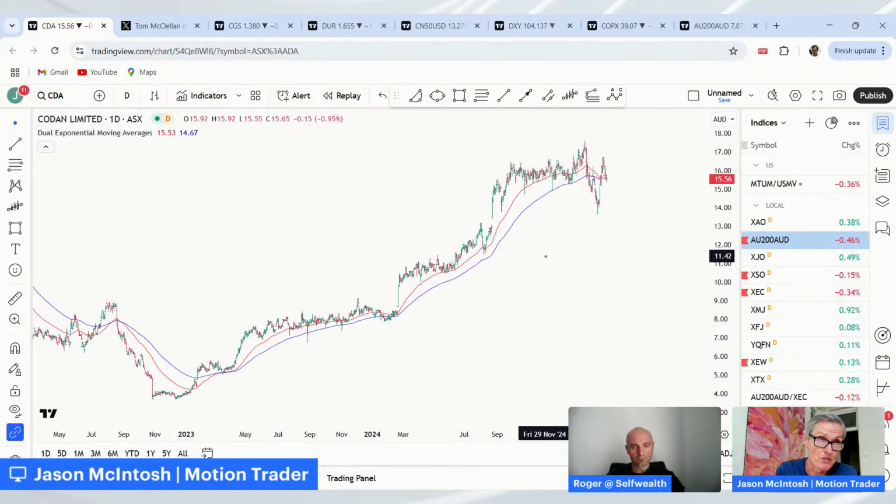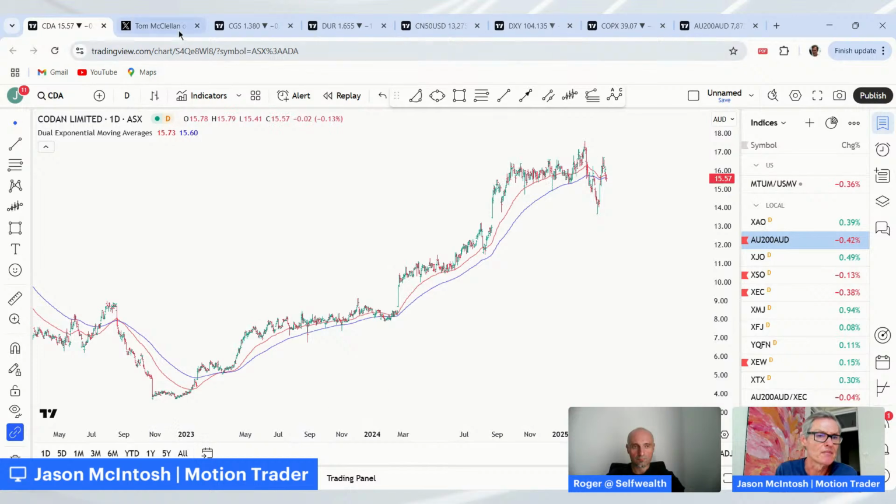And just to our previous question, should you preempt the wide trailing stop going off? Remember, 2023 was a rough year in the market, and a lot of stocks would have hit their trailing stops. But if you had a wide trailing stop on Codan during that period, you didn't have to get out. You could have seen out a volatile year, stayed in the stock, and you're in there when the trend extends higher.